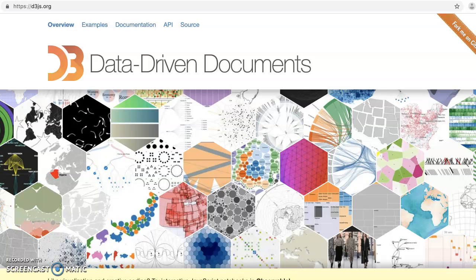D3 is a JavaScript library that uses HTML, SVG, and CSS to visualize data. We're going to be using React for these tutorials. If you don't normally use React, that's perfectly fine because you will still be able to use these tutorials to do things like create XY axes, build bar charts, line charts, and many other really cool things that you can